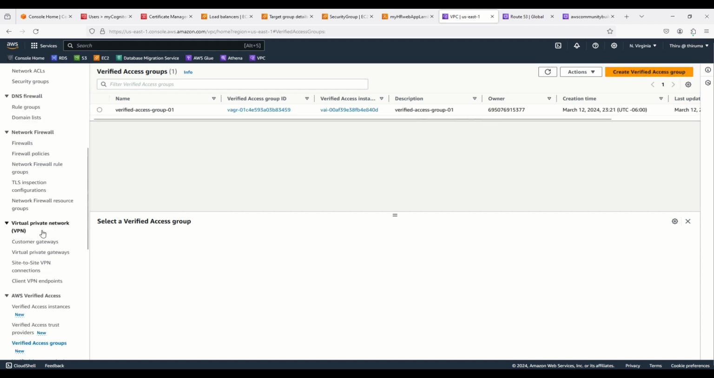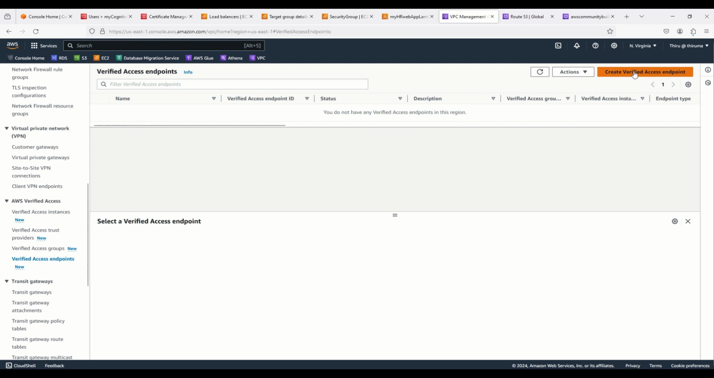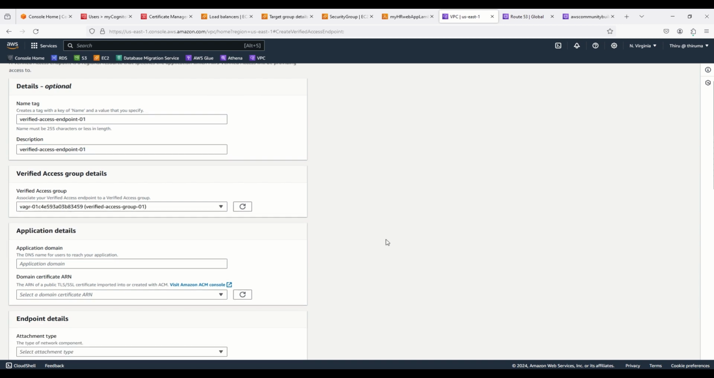And the next step is we need to create a verified access endpoint. Again, we need to go to AWS Verified Access and then click on Verified Access Endpoints, and then click on Create Verified Access Endpoint. I'm going to name it Verified Access Endpoint 1, and I'm going to use the same here for the description. And the Verified Access group that we have already created, so I'm going to select that one. And for the application details,